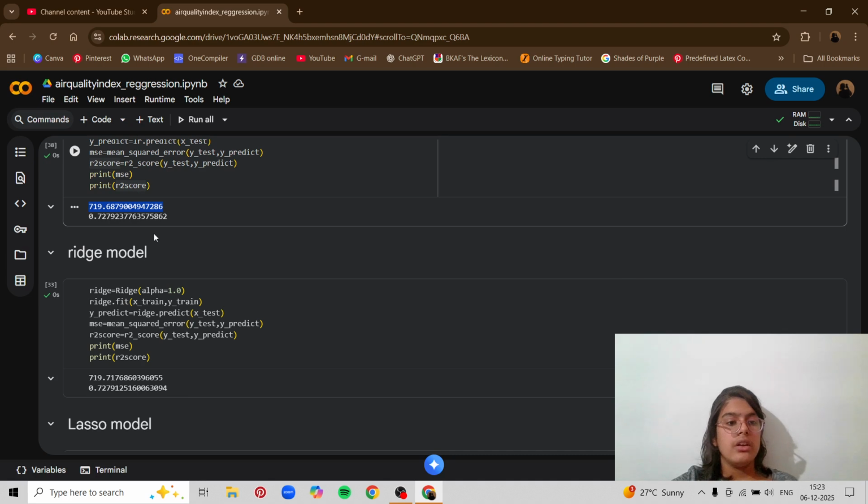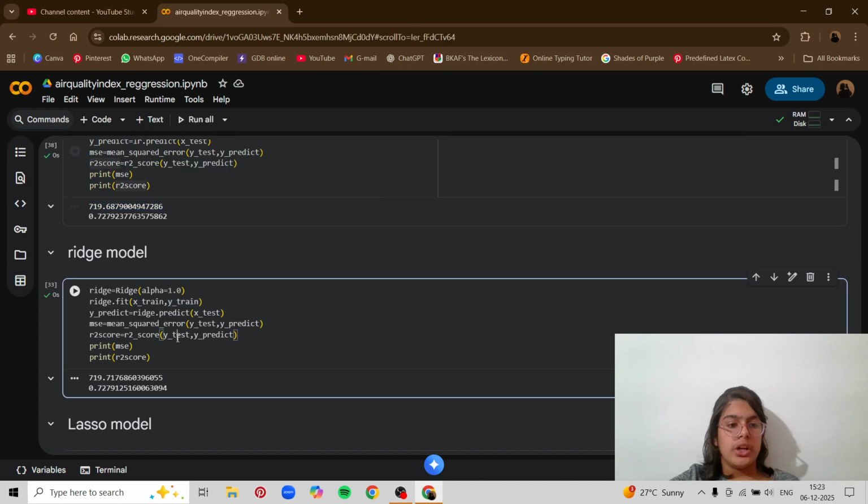So first we have the ridge model. In the ridge model, we have to specify the alpha. Alpha is nothing but an argument. You can change it to higher and lower to check at which alpha you are getting a better output. So basically the mean squared error should be lesser and the R2 score should be more. In whichever of these models you are getting the best values is what we have to take in the end for our code. So whenever you're making a big project, you can use different models, and in the end, whichever model is giving you a nice output, you can keep that model and delete the rest.